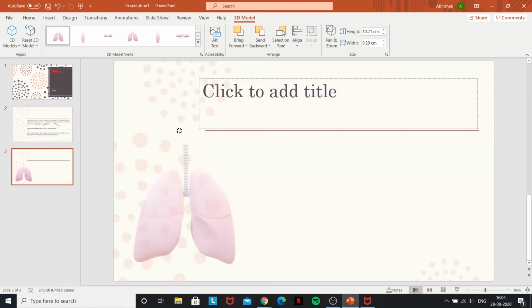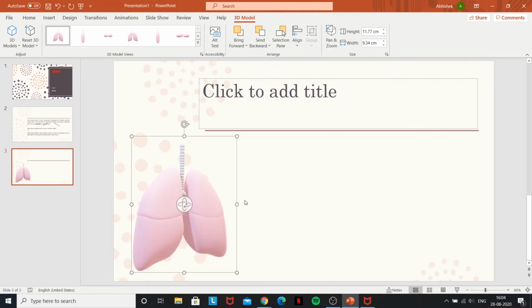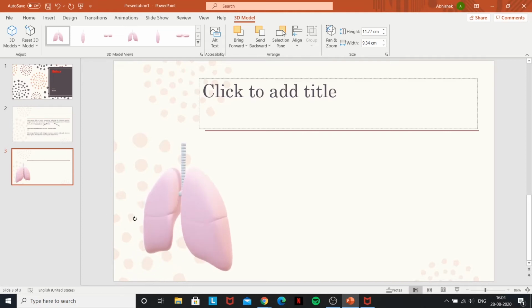You can rotate it in any way, and you can also rotate it in a 3D scale. So it's a very cool representation. I think students would appreciate this and they'd be quite fascinated to see these in a presentation. So I definitely recommend using models like this in your presentations if you can, because they are quite interesting to look at, and the features that this shows is quite good.